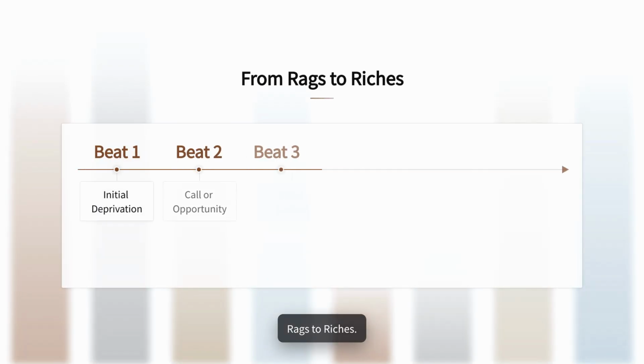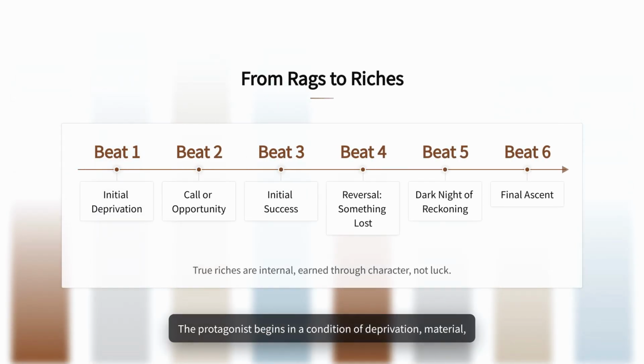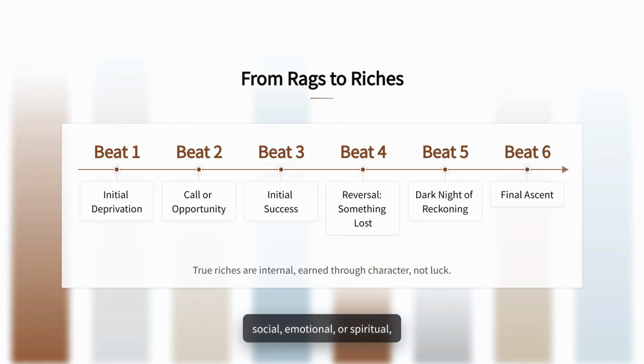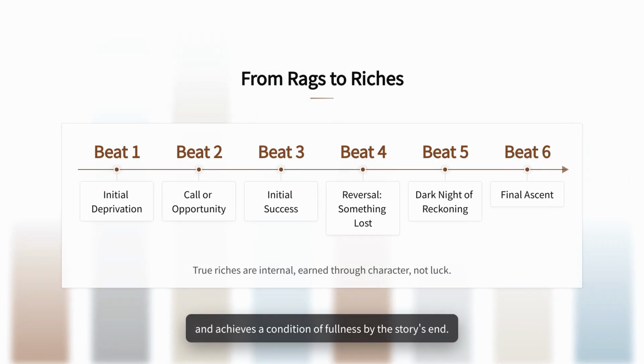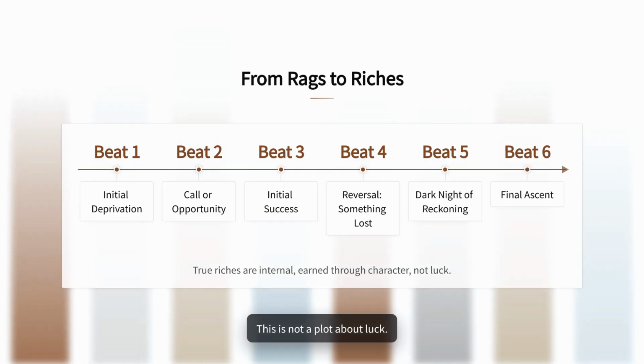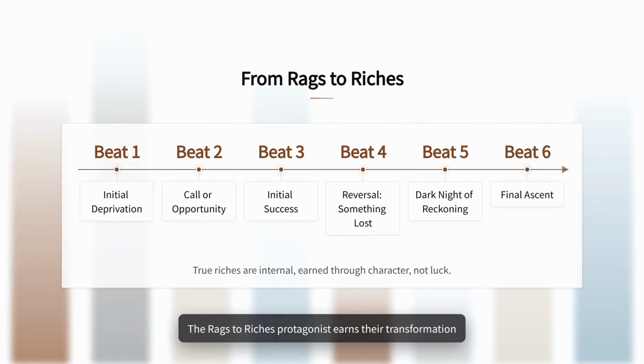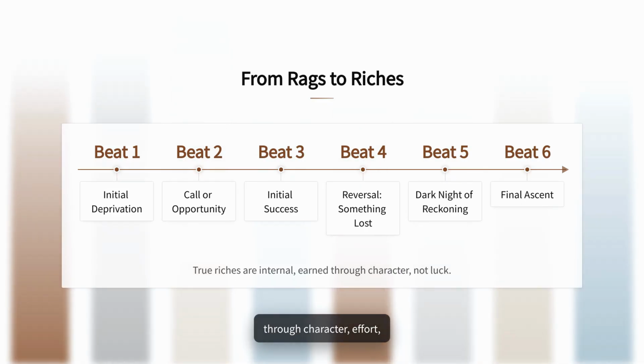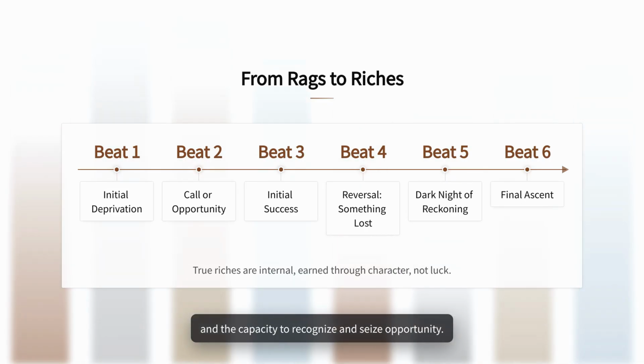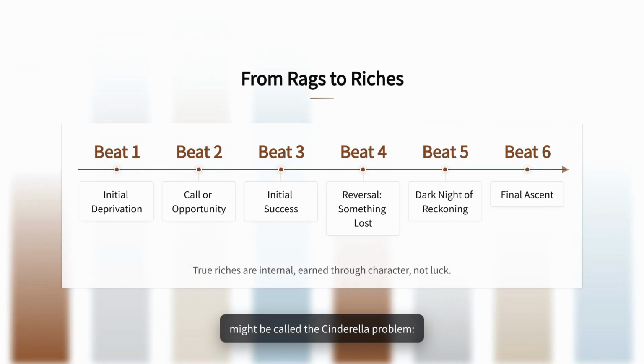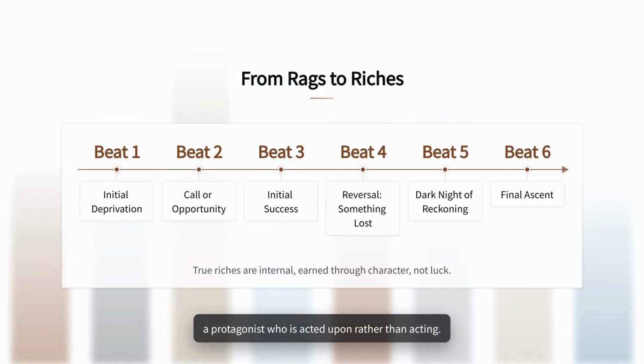Rags to riches. The protagonist begins in a condition of deprivation, material, social, emotional, or spiritual, and achieves a condition of fullness by the story's end. This is not a plot about luck. The rags to riches protagonist earns their transformation through character, effort, and the capacity to recognize and seize opportunity. Stories that substitute luck for earning produce what might be called the Cinderella problem, a protagonist who is acted upon